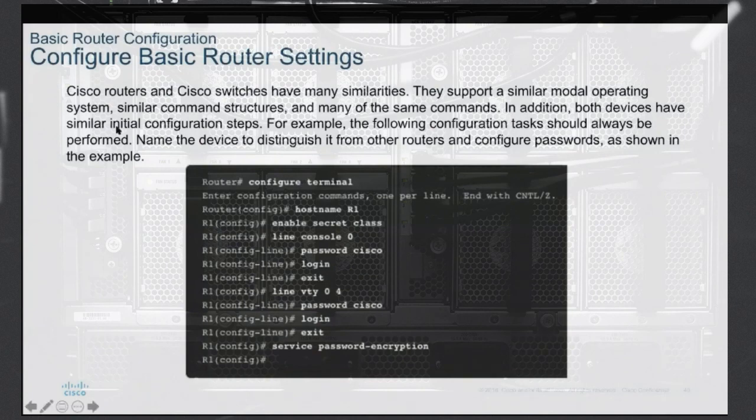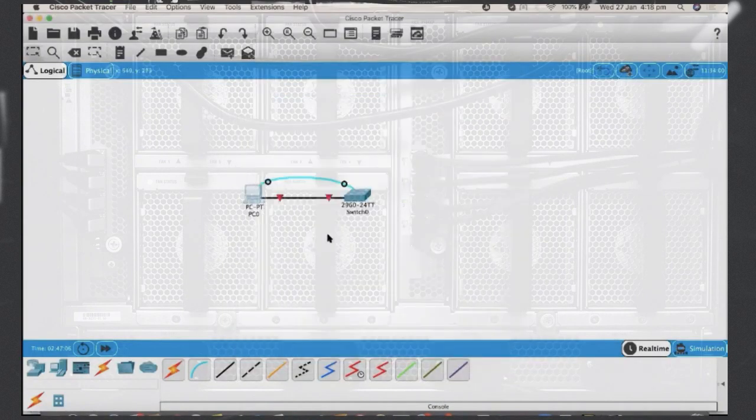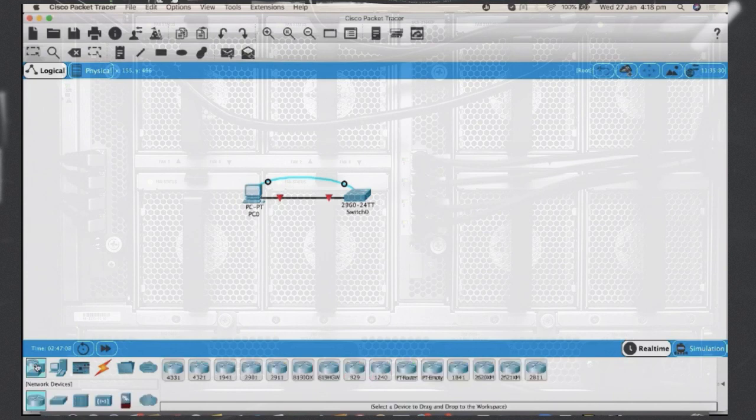So let's see how to configure basic router settings. We did see from Packet Tracer how to configure a switch. A router is something similar. So for example, if I go to network devices,